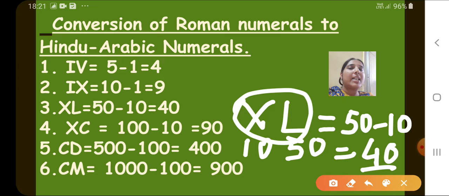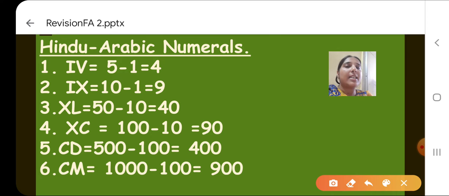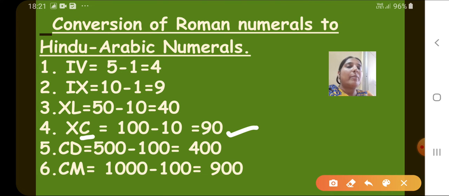In the same way, you can see how we will write 90. We write 90 as XC. That will be 100 minus 10. So what we get is 90. In the same way, how will we write 400? We write CD. D stands for 500, and because the smaller value is to the left side, we subtract it from the greater value. So it will be 500 minus 100. So CD stands for 400. Now how will we write 900? Similarly, M stands for 1000, whereas C stands for 100.